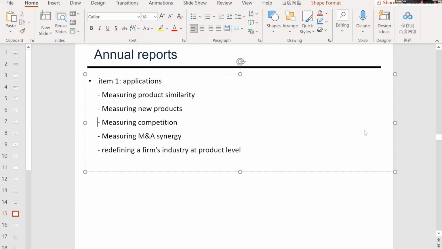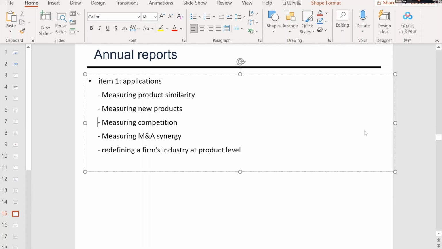One way you can do it is you get the product similarity between your firm and the candidate firm. And once you have product similarity, you can see whether that similarity helps the synergy or damages the synergy. That's something you can test. This is just one example I want to give you guys of how to use 10K. It's a very powerful